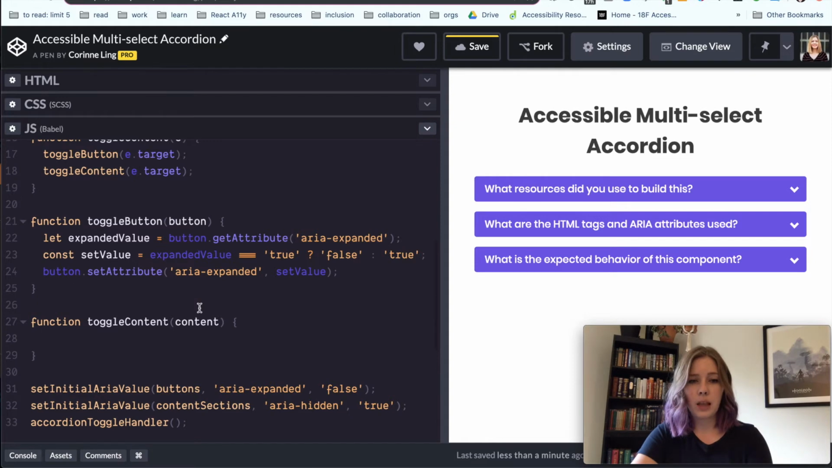Oh, actually, that's wrong. We're not passing it the content. We're passing it the event target, which is the button. This is why naming is so important. So we're actually passing it the button. This time we're not going to start by getting the button's expanded value. We're going to get the button's ID, the button's ARIA control. So let's name it that. Button ARIA control equals button dot get attribute